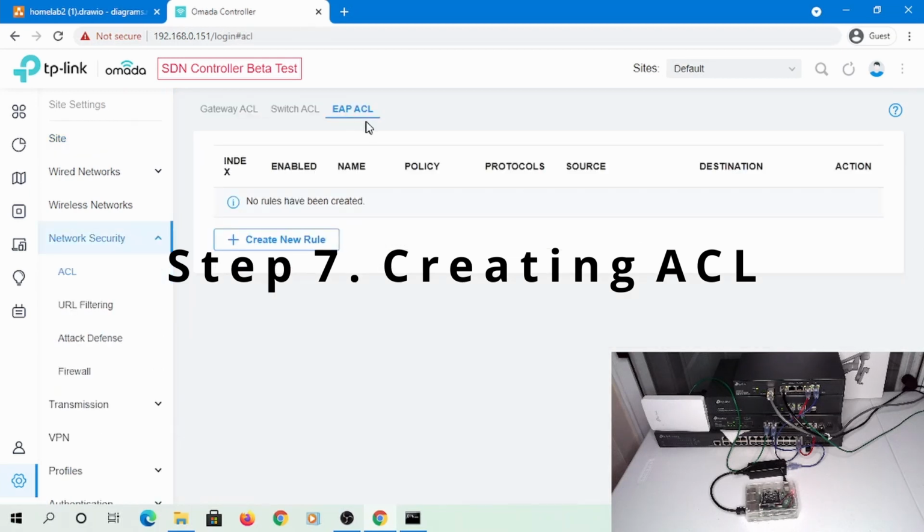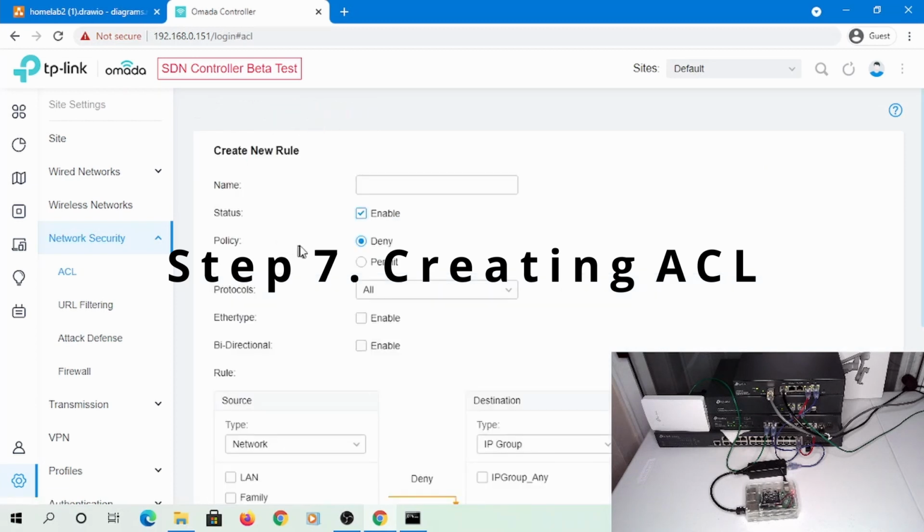It's a good one as well. But if you control it from the switch where the access points are connected, which in this particular example they are, then they will be affected as well. So the switch will be a good way to create a new rule. Okay, so first one is